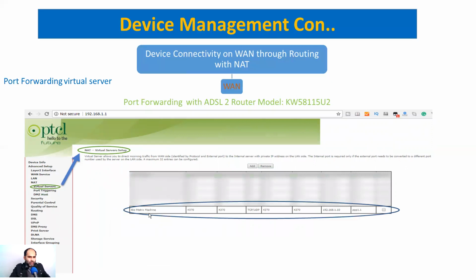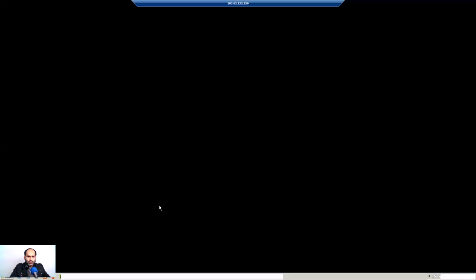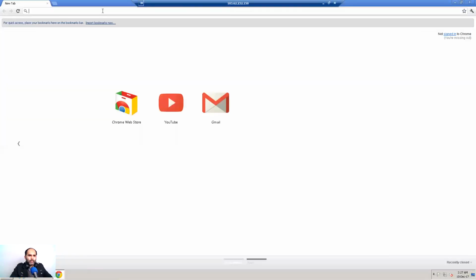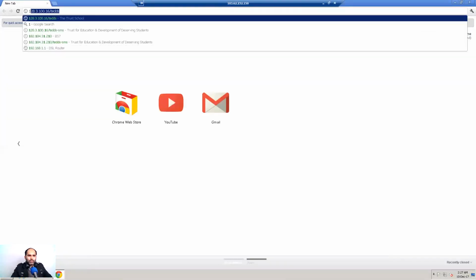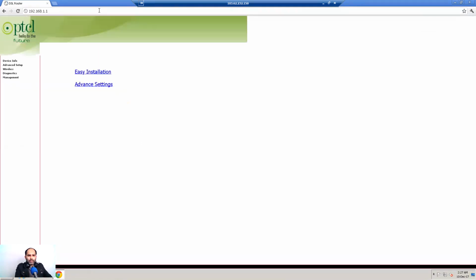So let's jump to our router and see how we can do that. Just type your router IP. I have just logged in to my router, so enter your parameters and log in.